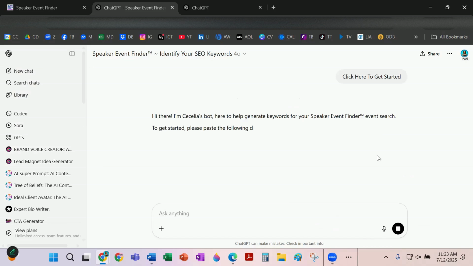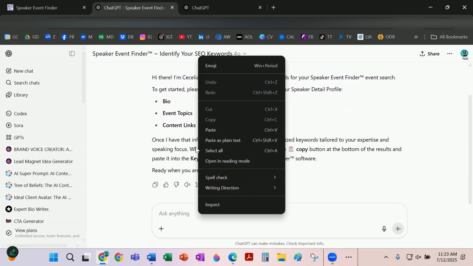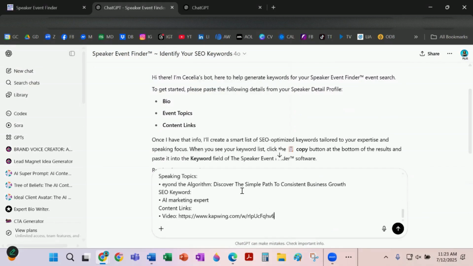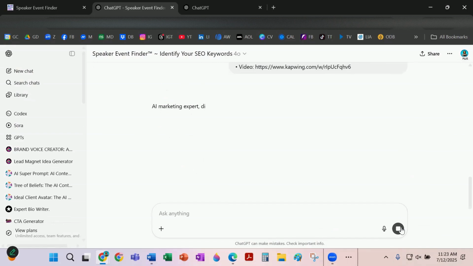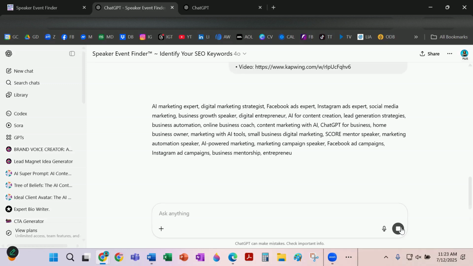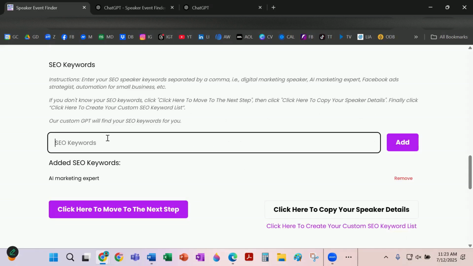You're going to get a little message from me. And you're going to paste what you just copied from the Speaker Event Finder. It's your bio, your content links, your topics, and that's it. You're going to hit the little button. And now my ChatGPT tool is giving you a whole list of keywords that you can plug back into the Speaker Event Finder. So hit the copy tool, head back over to the Speaker Event Finder, drop these keywords in